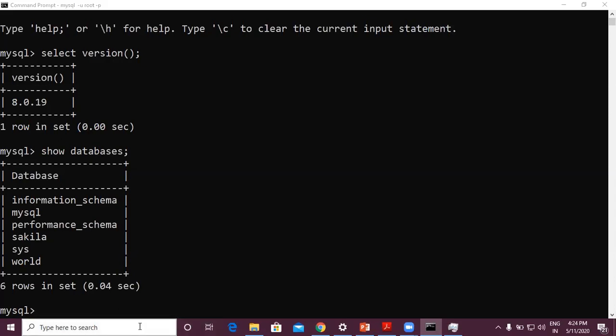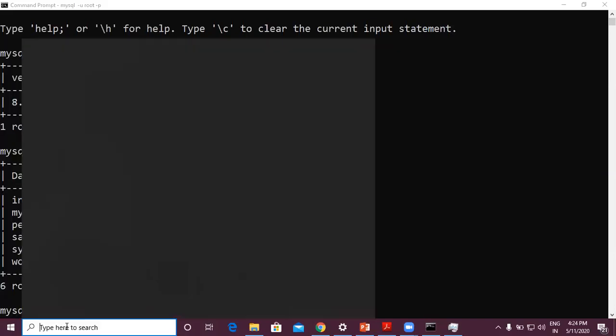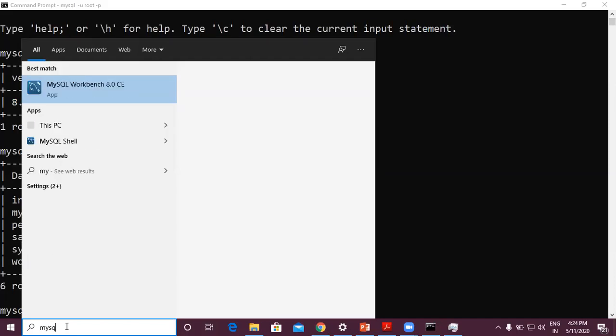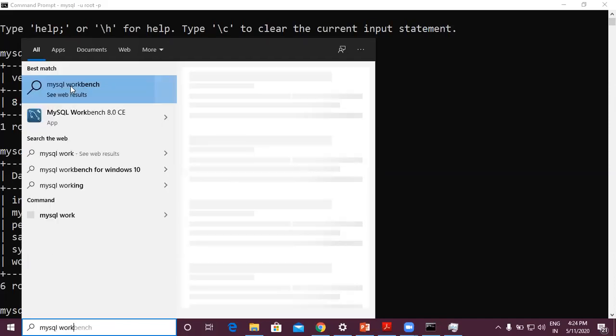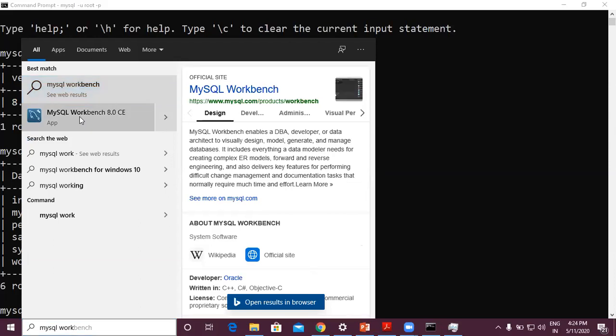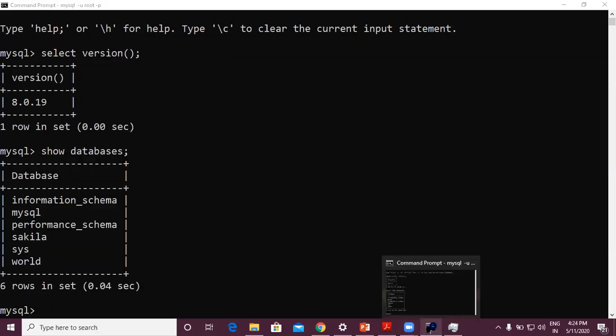You just go to programs and open MySQL Workbench. In your program menu, just type MySQL Workbench. It will show MySQL Workbench. Just click on that and it will open.